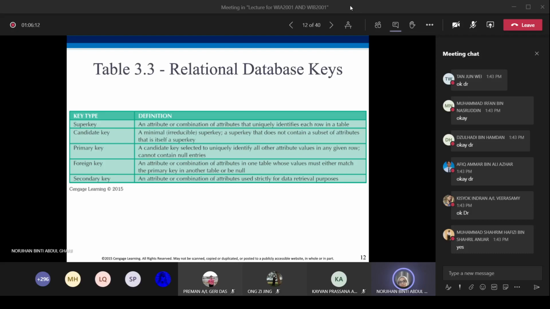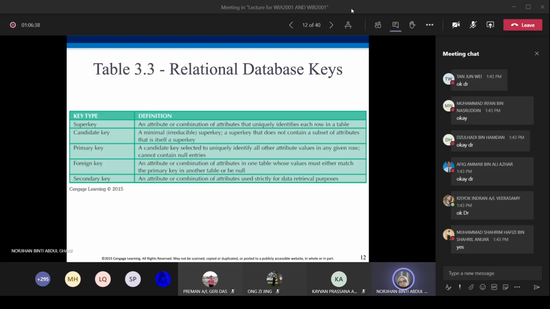Usually when we want to retrieve students' information in this new Maya system, we cannot recognize your metric number, but maybe we are familiar with your name. For example, I cannot remember your full name, but I can remember that your name starts with Muhammad.